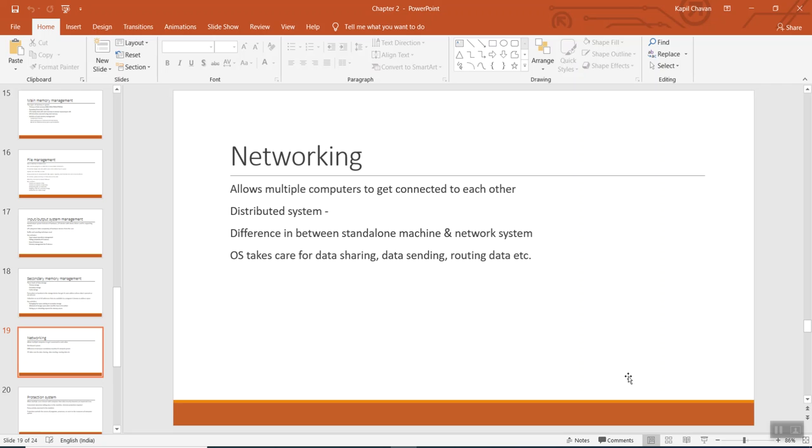So the first one is networking. We know the basic definition of the network. It allows multiple computers to get connected to each other, and when we connect to the network, we can share our devices, like a printer or scanner. We can share them over the network, and many computers and many users can access that printer or scanner. So data sharing and device sharing are the benefits of the network,